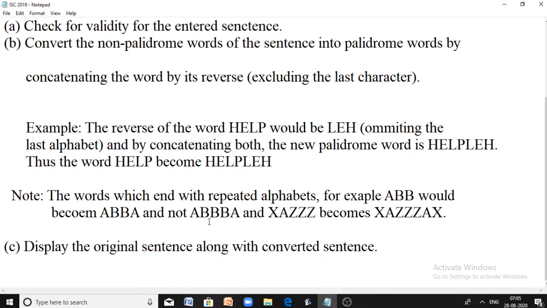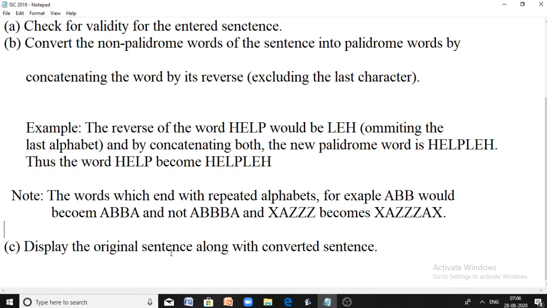When the last alphabet is repeating, in that case you exclude both of the repeating last characters. That means for ABB, you should not take this BB in reverse, just take only A and add it. So the final word should be ABBA, not ABBBA. This is another condition given in the question.